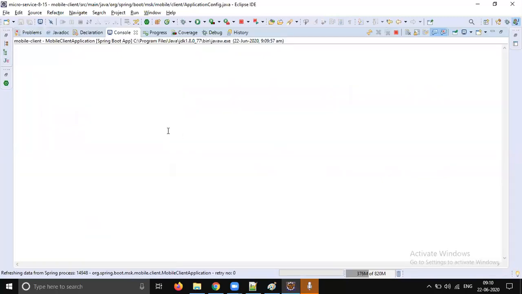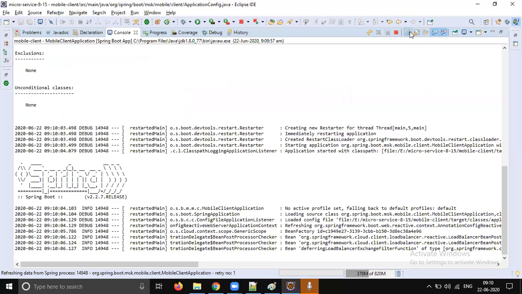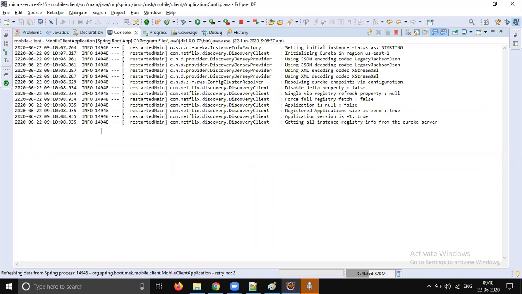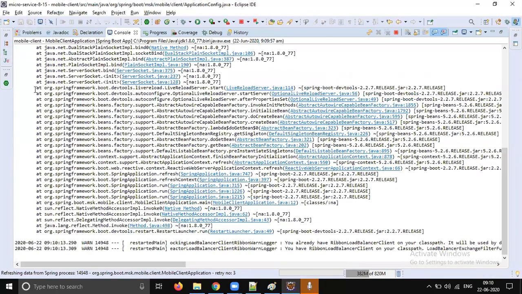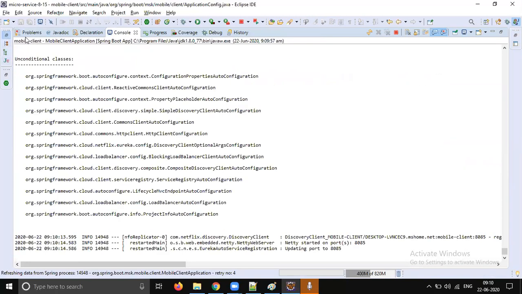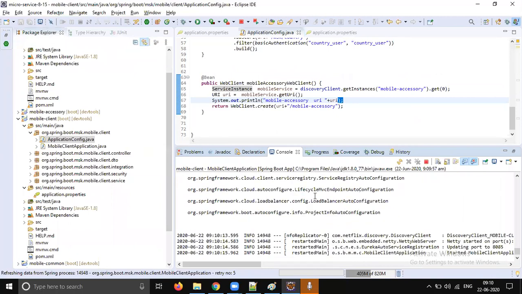Sunil, one thing, how do we know that we need to get only the first element, the get of 0? Anyway, that is not the thing. Okay, we will change it in a few seconds. Ignore that bind exception. That is just because of live reload. We can disable that live reload.